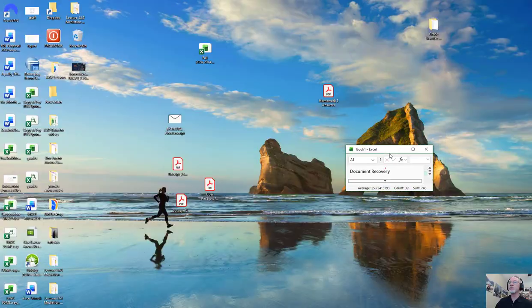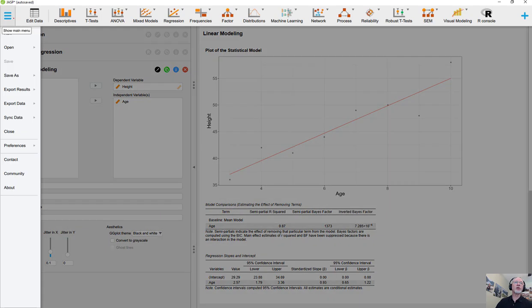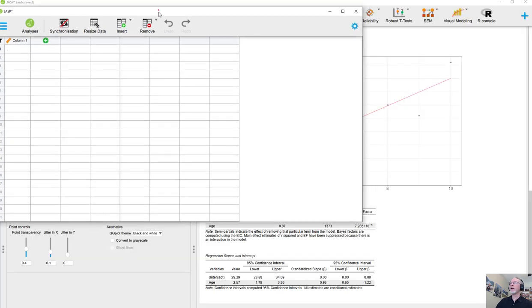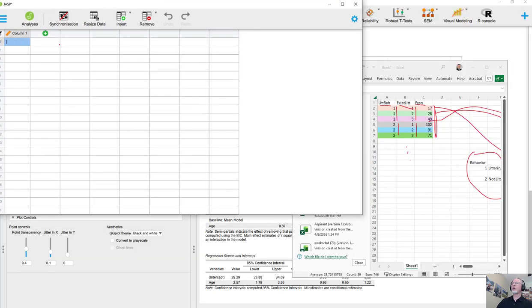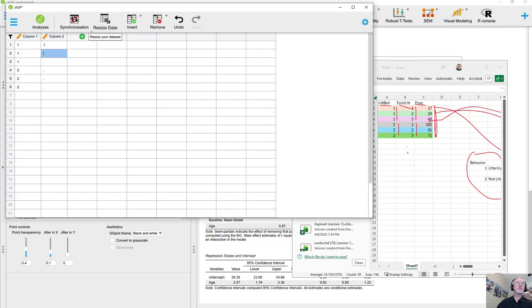Okay, so let's move on and show you how this works in JASP. What we're going to do is open up a new JASP file, and then I need to plug in that information that I had over here. So I'm just going to start with putting in my 1, 1, 1, 2, 2, 2, then 1, 2, 3, go back and get that 2, and 1, 2, 3 for column 3,